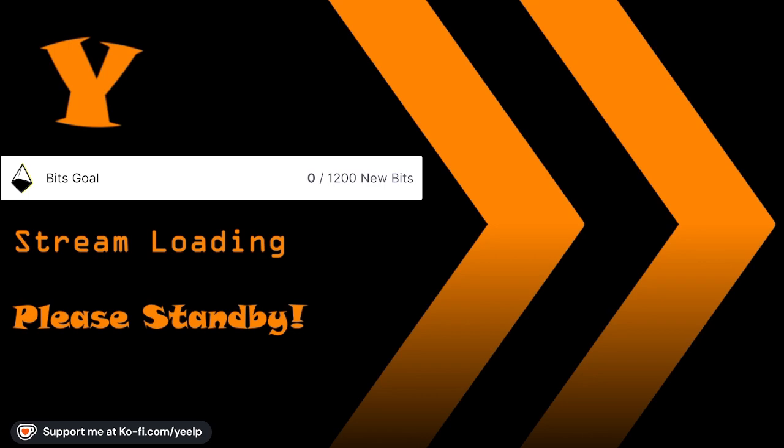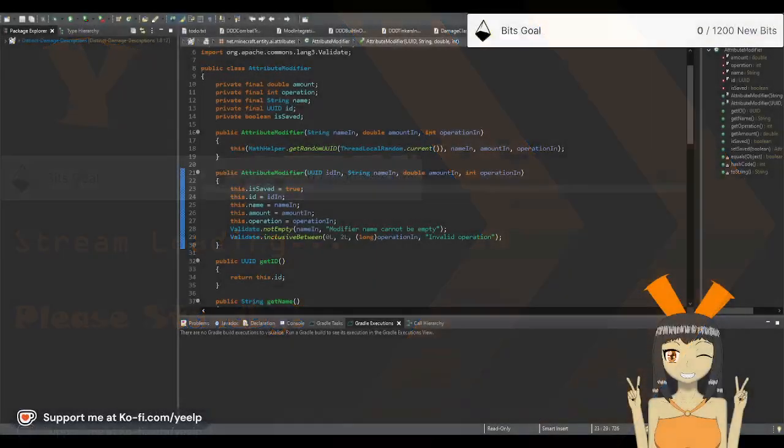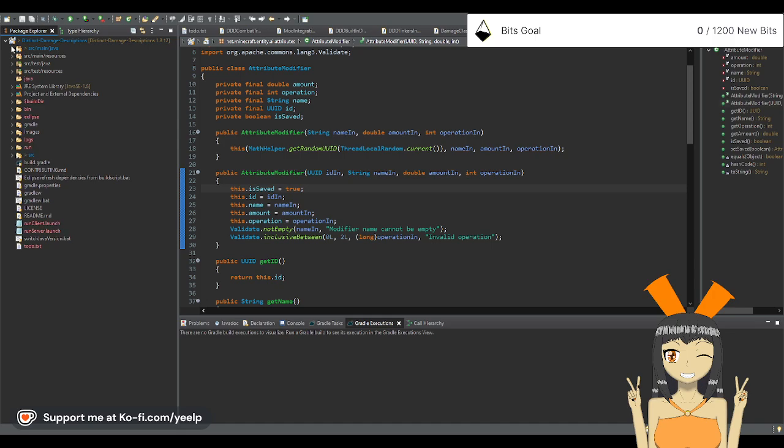Okay, so I probably need to launch this. Yeah, okay. So EBWizardry has a guidebook, right? And so what I want to do is check to see if I can add stuff to that guidebook, because I did so with Tinkers as well, right? So like with Tinkers, wherever it is over here,